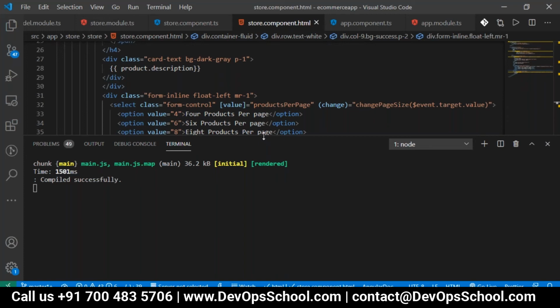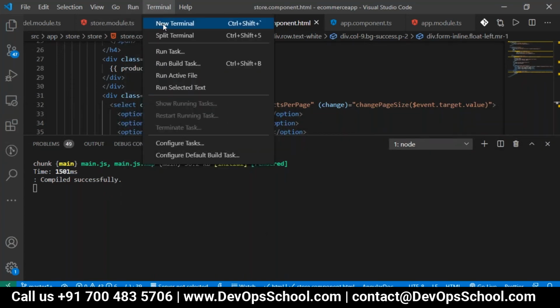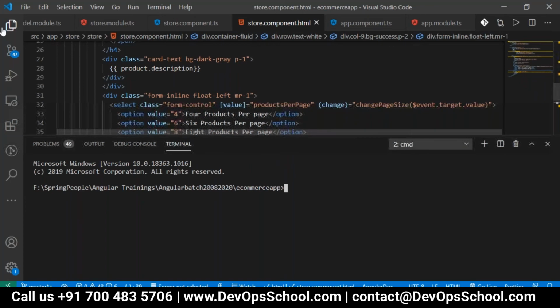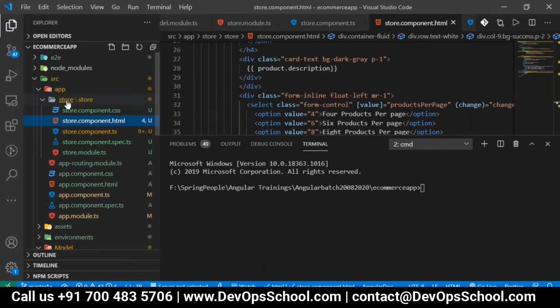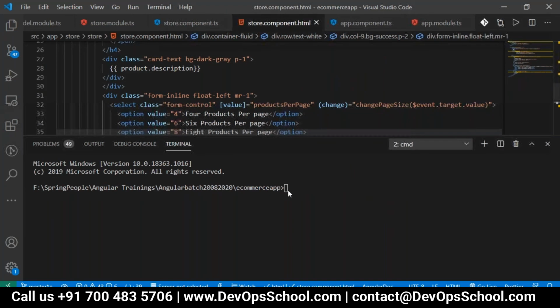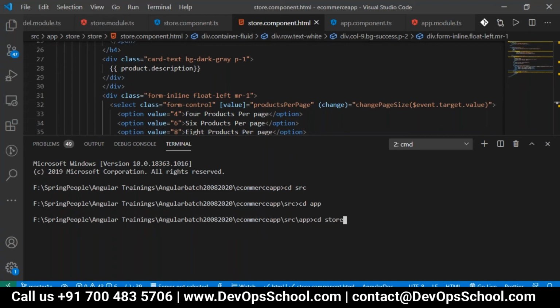So we have to write the cart code. I will go to my new terminal. I have to create a cart inside of the store itself. So what I'll do, I'll go here. I want first an injectable for the cart. So cd. Inside of the store module itself, I want first the service class for the cart, or you can just create the cart itself, a cart injectable.